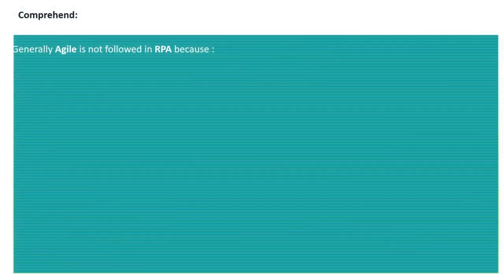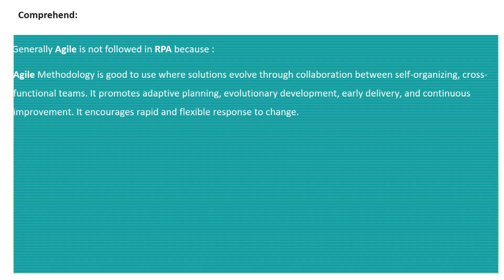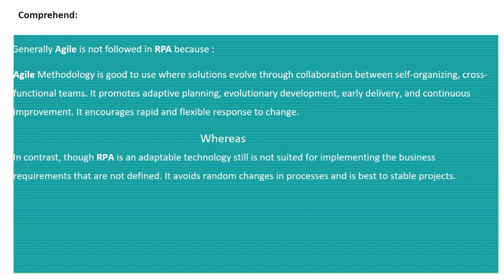Coming up to an observation from various automation projects, it can be said that Agile is generally not followed in RPA projects. As we know, Agile methodology is good where there is adaptive planning, evolutionary development, early deliveries, and continuous improvement, whereas RPA is more suited to the projects which are stable in nature. It generally avoids the projects with random changes, or we can say that the bot works on well-defined steps. So if there are any changes in the process, they are to be done in the bot for its proper